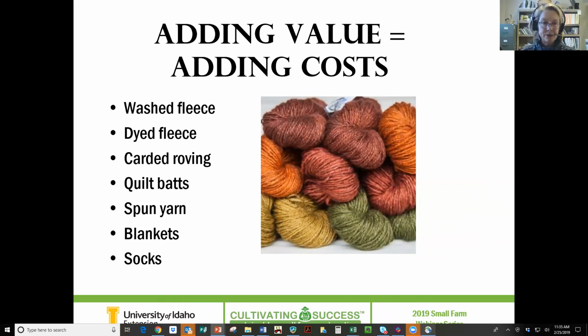So anything you do, washing the fleece, dyeing it, having it carded, making it into anything else, because they're done in slow, small quantities, you don't have economies of scale, and it's all done by custom mills, and they have to make their money, and it all becomes quite expensive. So I was going to do a little bit of the math on that.